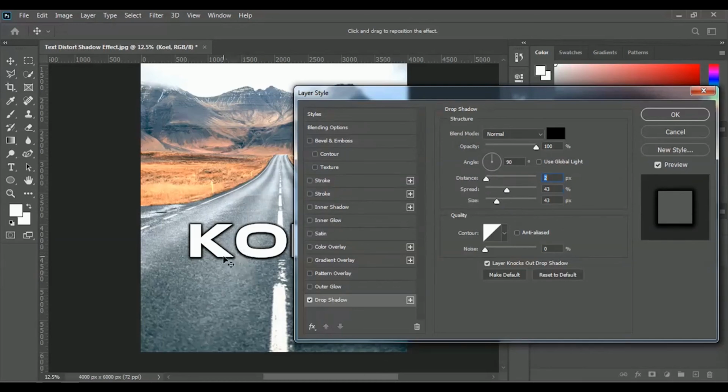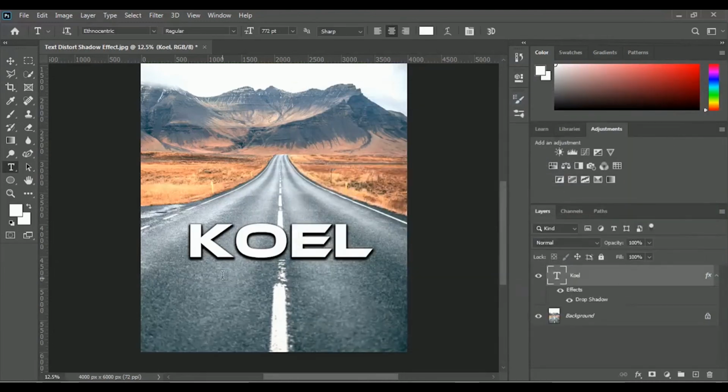You can take a look, we got a drop shadow in our text, and distance I want to go for 22 pixel. Okay, seems good. And I want to keep 100% opacity, and let me click OK. Okay, you can take a look, we got a drop shadow behind this text, and right now we will make a separation of the drop shadow from this text,